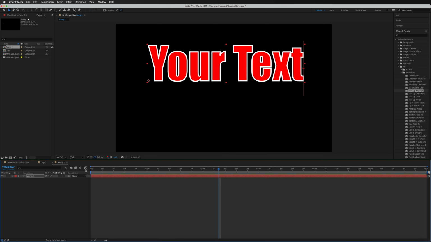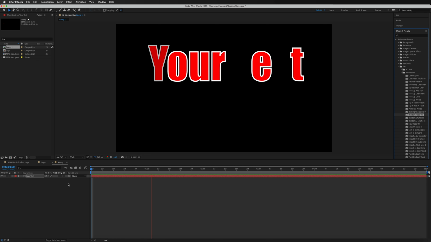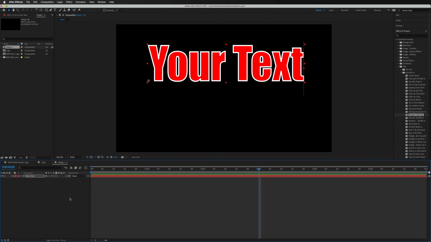If we just go ahead and Command Z or Control Z to undo that effect, and we just try something else quickly, maybe this random fade up, and just see how that one looks, and go ahead and play that one back. So that doesn't look bad at all, and you can see how quick and easy it is just to add presets. And of course you can animate on top of this even though it already has a preset.